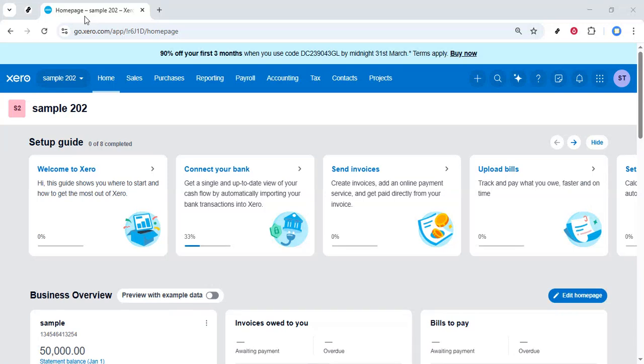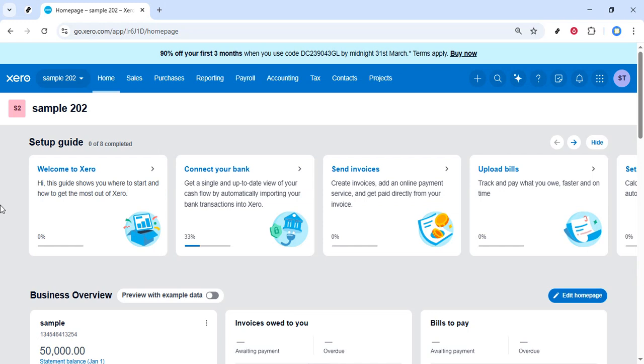In this video, I'll guide you through how to edit bank rules in Xero. Bank rules are a powerful way to speed up your bank reconciliations and keep your books consistent, so knowing how to update them when things change is really important. We'll move through each step slowly and clearly so you can follow along in your own Xero file as you